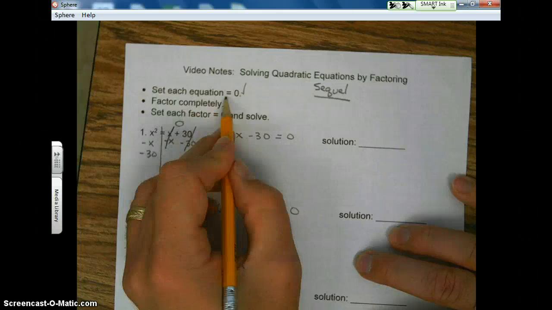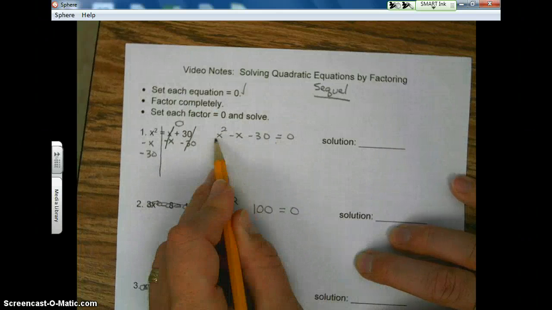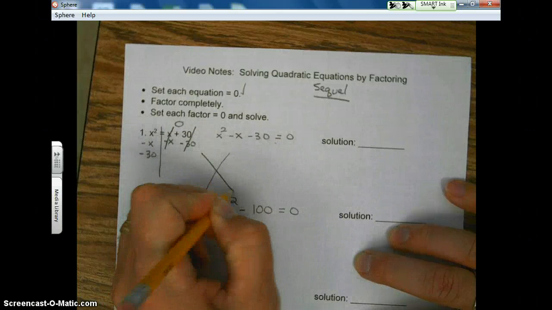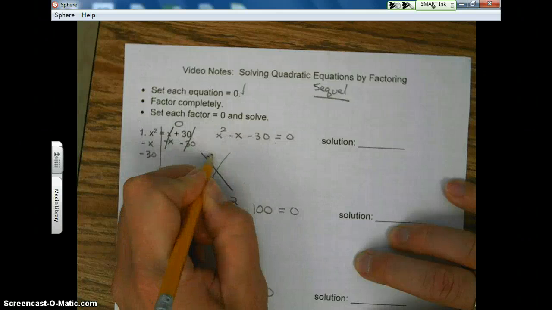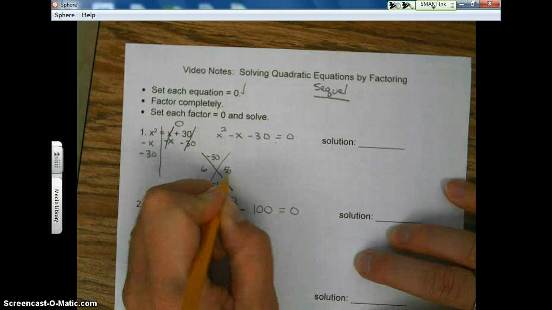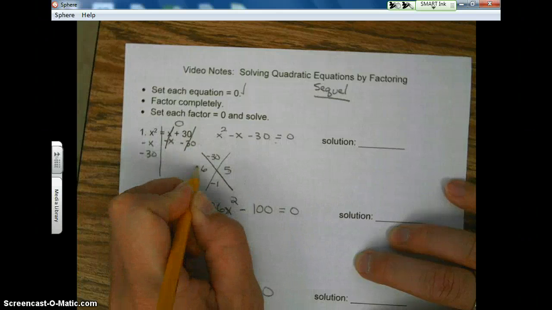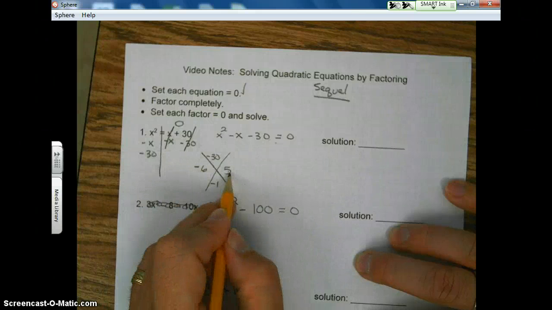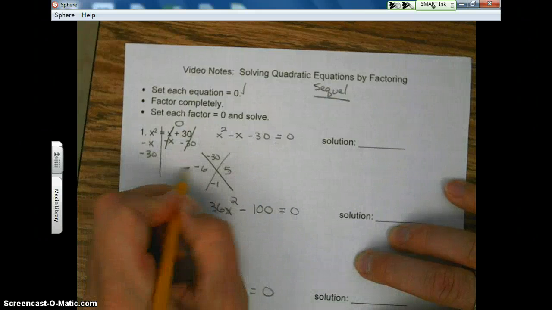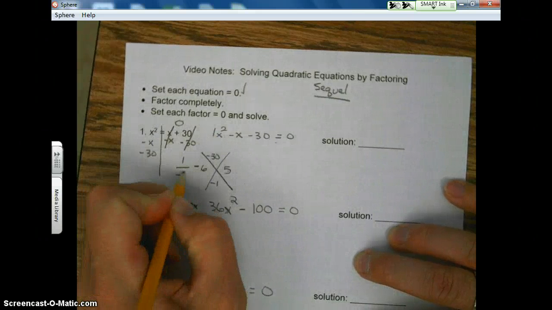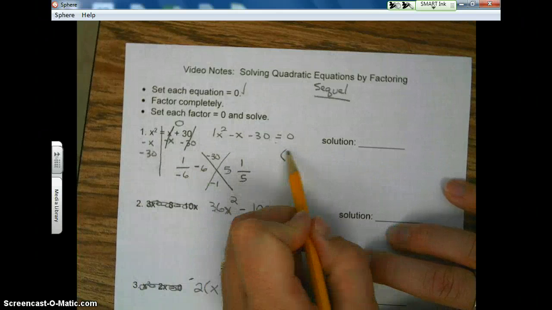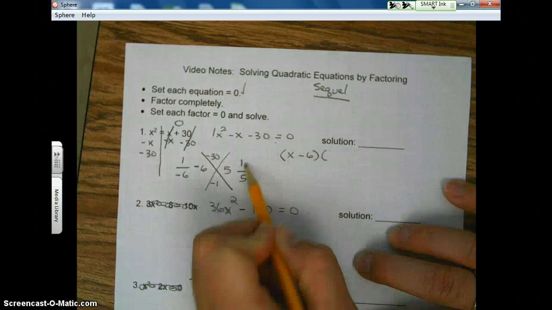Now, here we go. Let's factor. It says factor completely. So it's quadratic. So let's go ahead and factor this. So a times c. b goes on the bottom. I'm going to do 6 times 5 is 30. I need a negative 6. Negative 6 plus 5 is negative 1. Negative 6 times 5 is negative 30. My a value is 1. So it goes on top. Alright, 1x minus 6, 1x plus 5